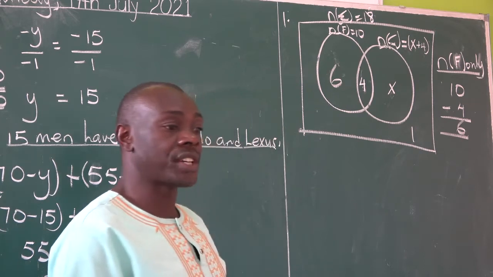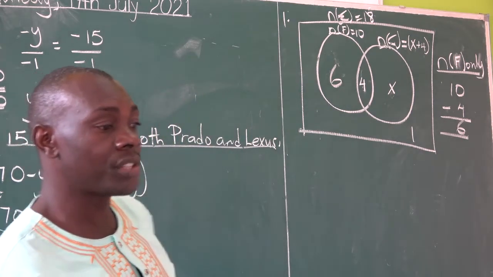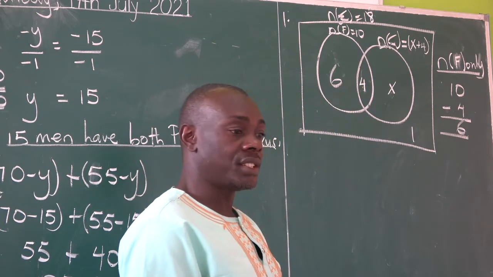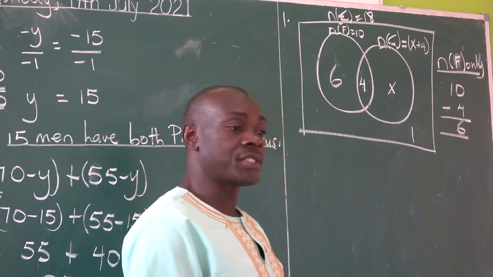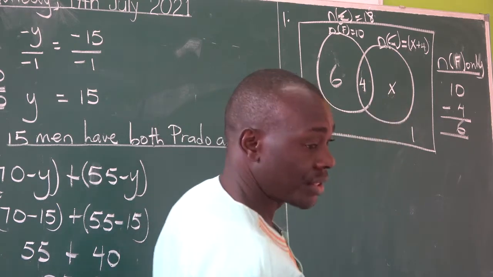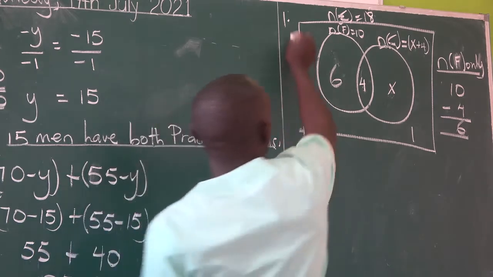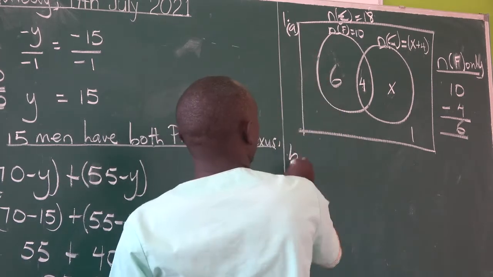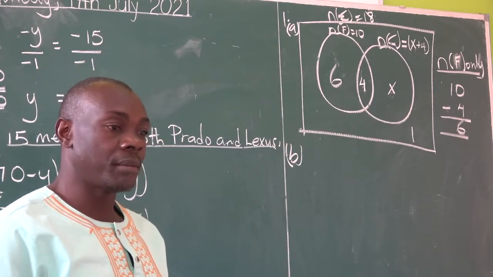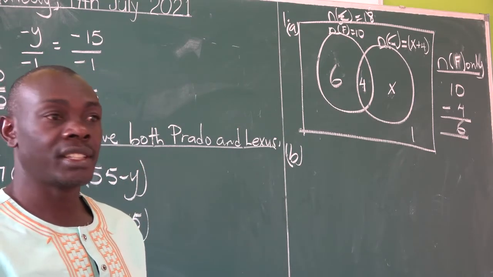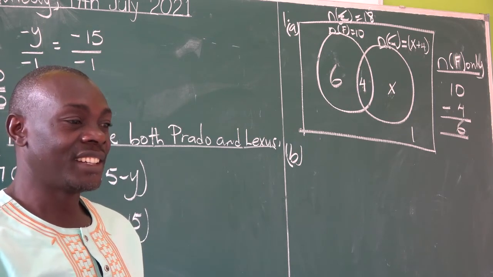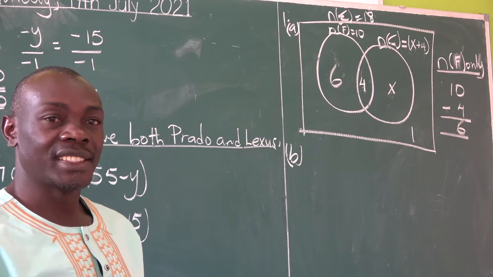But remember, there are 2 instructions. They are saying use this information to draw a Venn diagram, or represent that information in a Venn diagram, as well as find the unknown. So the unknown is this value of X. So I've got A, representation, then B, about finding the value of X. So I want to share with somebody in finding the value of X. I don't display the names here, so I can hardly tell who is putting up the hand.